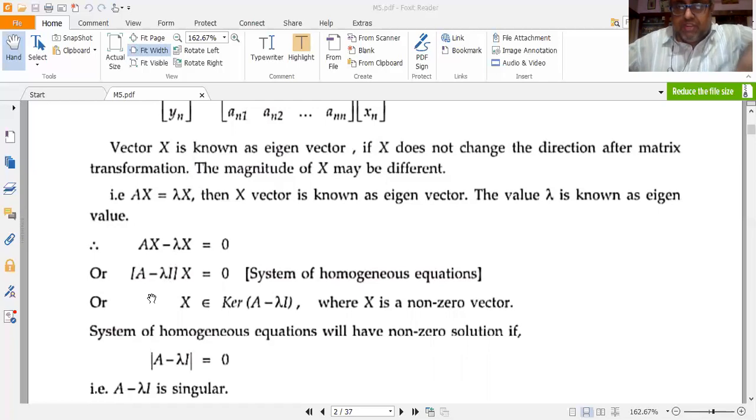But from mathematics, please remember that if I am having two matrices and then a scalar multiplied by a matrix, then if I have to take the common factor from the system of homogeneous equations, which we would have studied in engineering maths 1, maths 2, it follows that if I want to take x as the common factor on the left hand side of this equation, then I should write (A minus lambda I) into x is equal to 0. You may ask, sir, why is this I? Because I into x is x itself. What is this I here? I is an identity matrix or unity matrix of n dimensions.